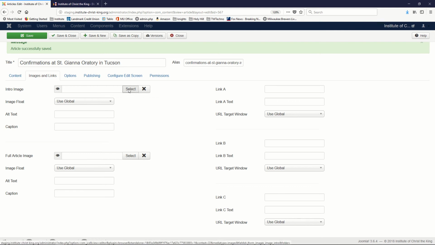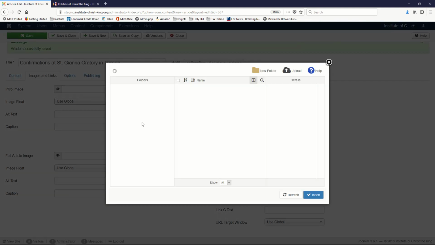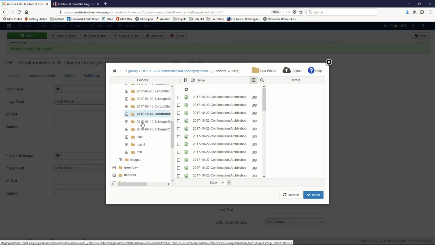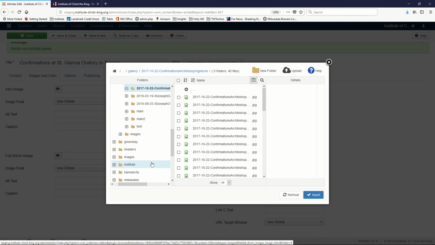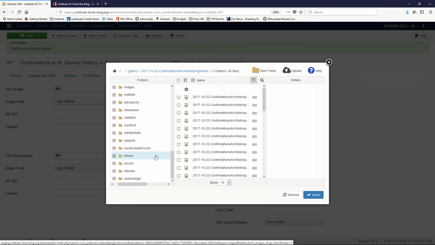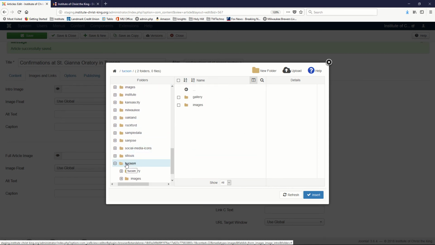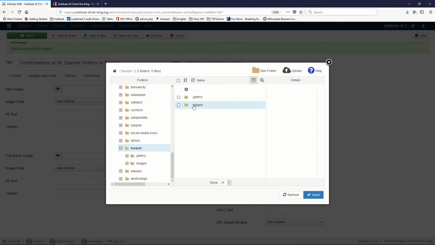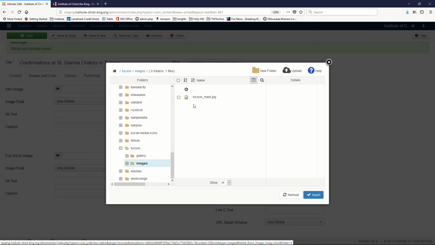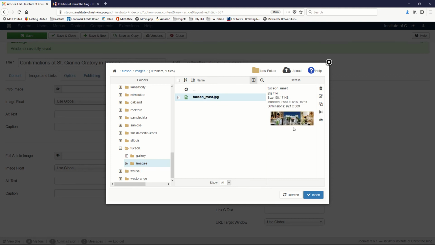Start by clicking on Select, and we're going to browse out to the location where we want the file to go. So we are in Tucson, and we're going to put this in the Images folder. The file doesn't exist there yet. If you click on this, you'll see that's the banner page. But I need to add a new image up here. So I'm going to upload an image,